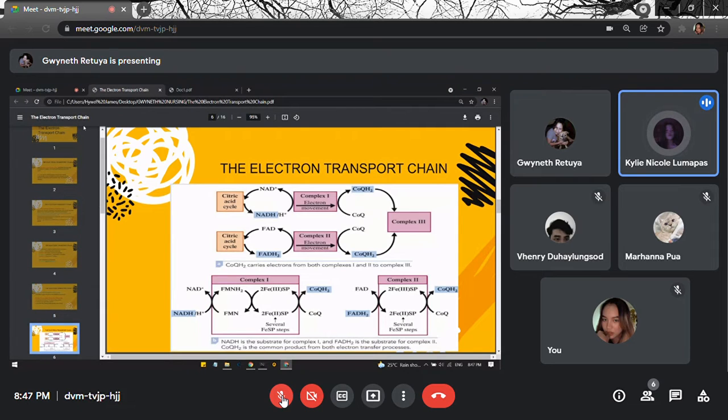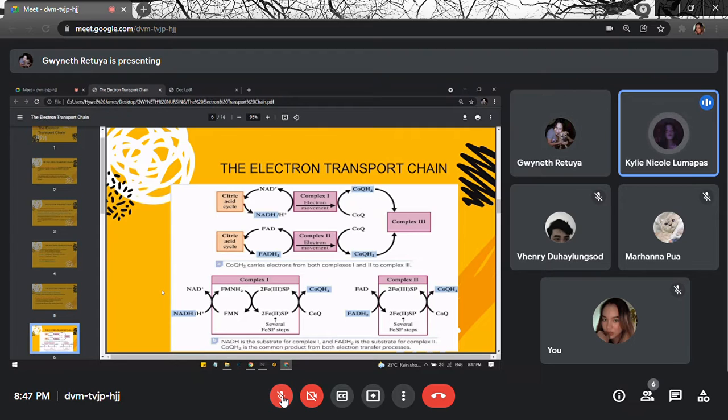The NADH, or nicotinamide adenine dinucleotide and hydrogen, donated from glycolysis and the citric acid cycle is oxidized here, transferring two electrons from NADH to flavin mononucleotide. Then they are transferred to the 8 iron sulfur clusters and finally from the iron sulfur clusters to coenzyme Q. During this process, four hydrogen ions are passed from the mitochondrial matrix to the intermembrane space, contributing to the